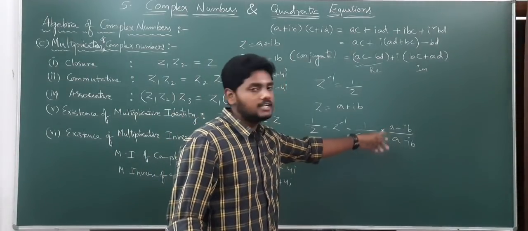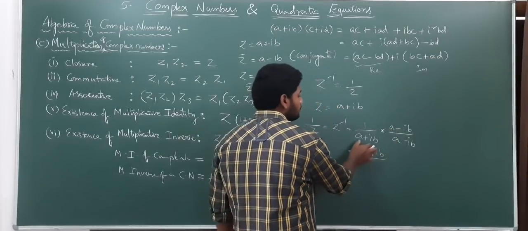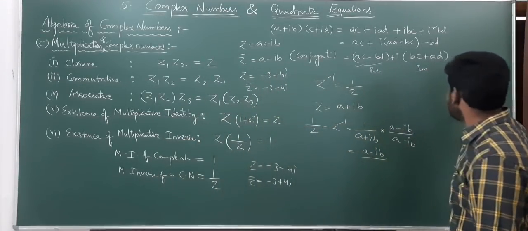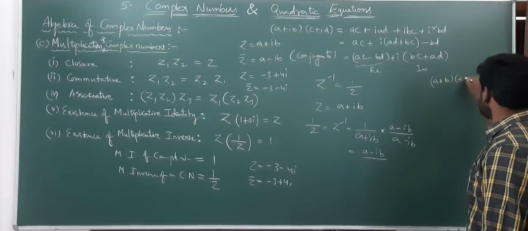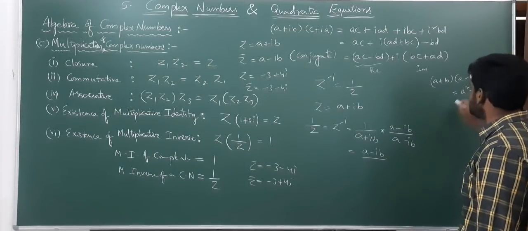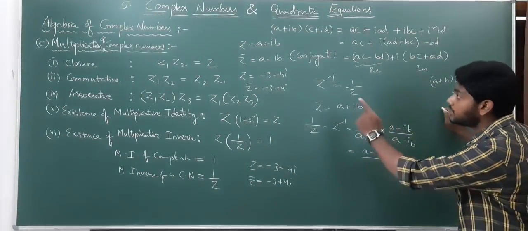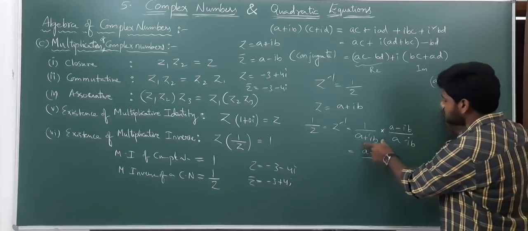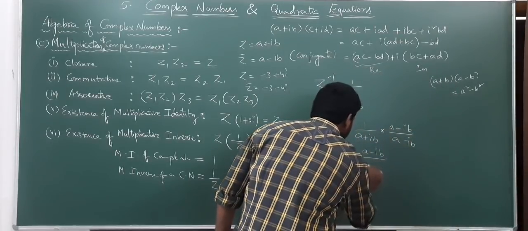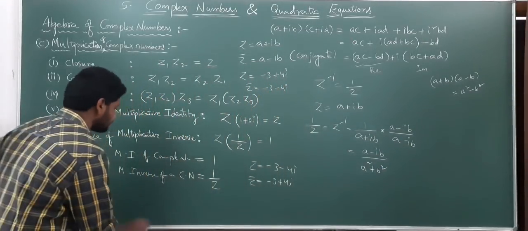So with that, if we multiply and divide, what will we get? This is a minus ib divided by a plus ib into a minus ib. Actually, if it is a plus b into a minus b, what is the actual formula? We know that a plus b into a minus b is a square minus b square, right? But when it comes to complex numbers, if we multiply two complex numbers in this form, like a plus ib into a minus ib, here we will get a square plus b square, but not a square minus b square. See, why? We will check.